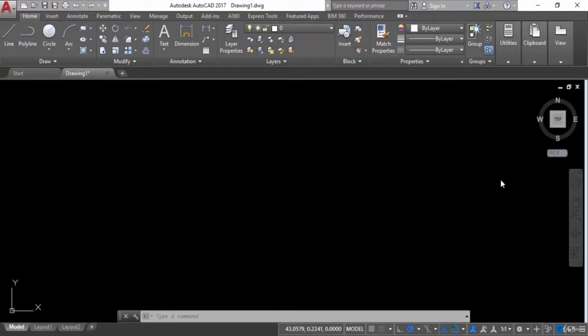There are two types of unit in AutoCAD. If you want to work in millimeter, centimeter, kilometer and meter, that belongs to metric unit. And if you want to work in feet and inches, it belongs to imperial unit. So one is metric unit and another is called imperial unit. Again, there are two types of unit to set in AutoCAD. One is called drawing unit and another is called dimension unit.